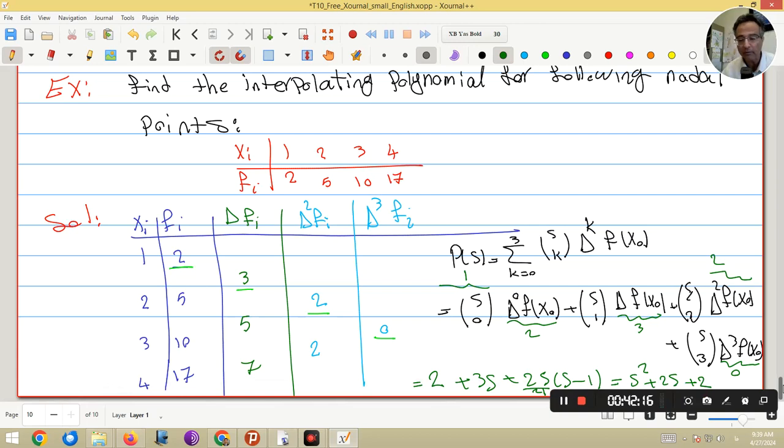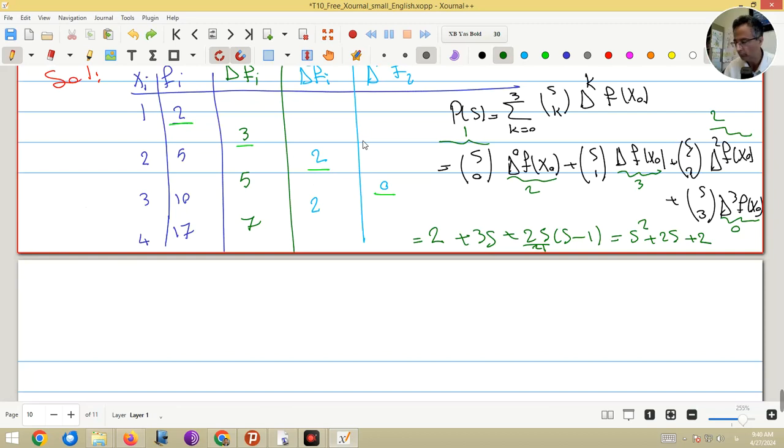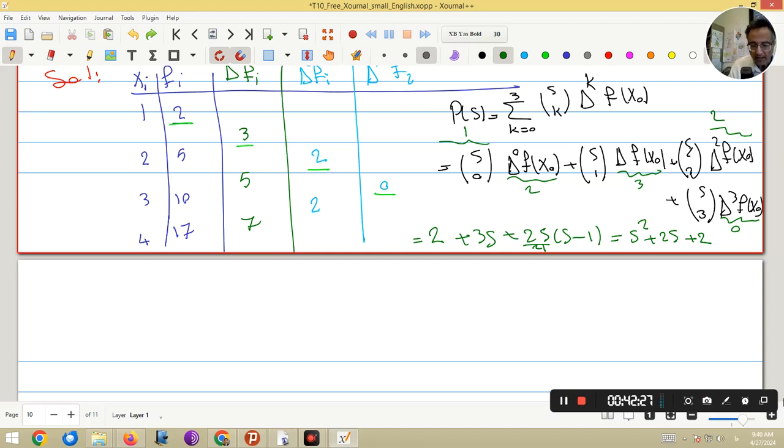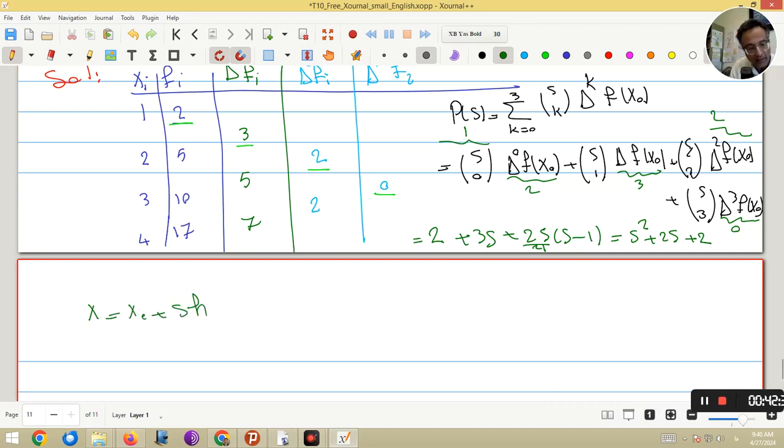Okay, now I have to do some more computation. To this end, it's just enough to make a change in the variable. Look at here, we had x equal to x0 plus sh. So it will be 1 plus s, and h is 1, so 1 plus s. So here I can get s equal to x minus 1. Okay, so here this is p of s. So p of x equal to